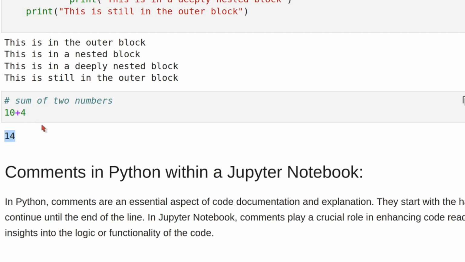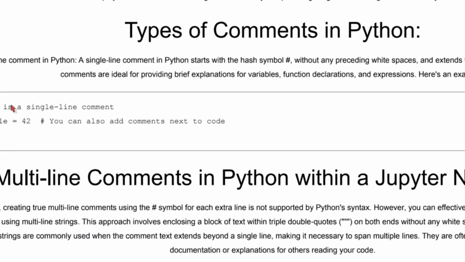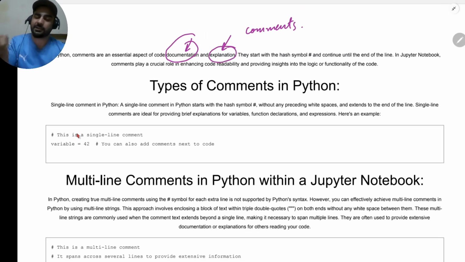I hope you got why. When you code, it's easy to forget that you need to comment things, but commenting is a really important skill, because it is good for documentation and for explanation. In the first session, if you remember, I told you that you must write clean code. There's a coding style. Some people have pretty notes and some have really messy notes, and people prefer to read pretty notes.